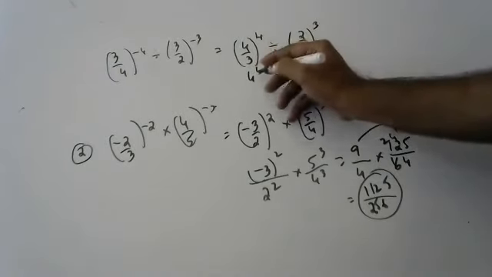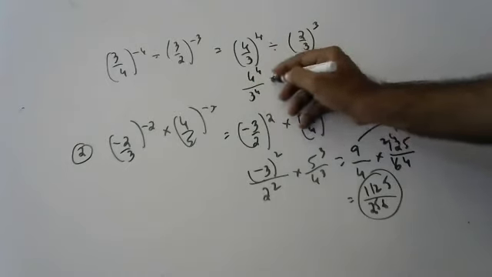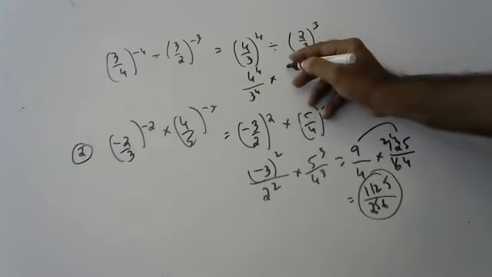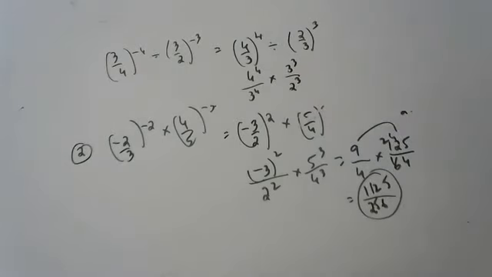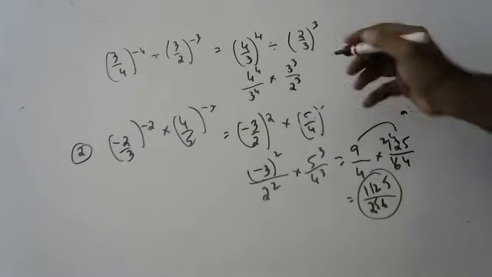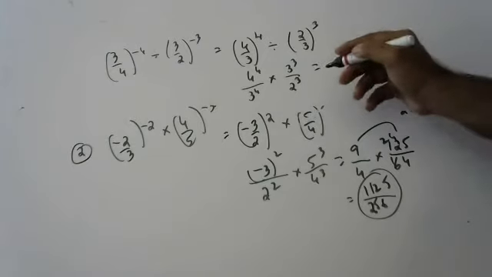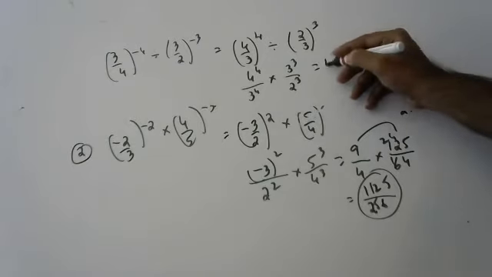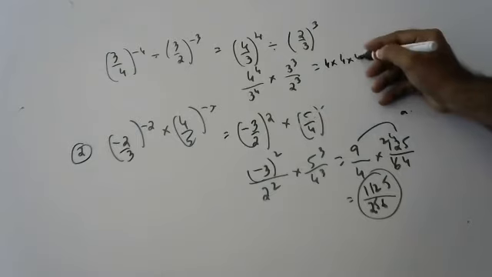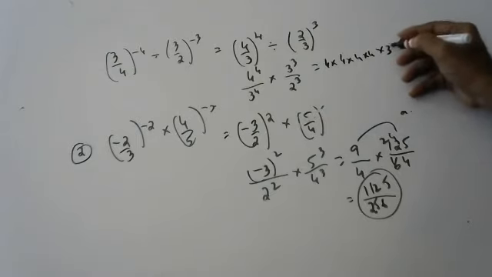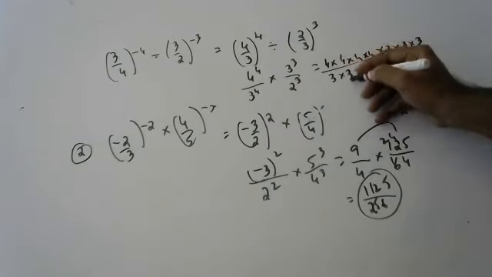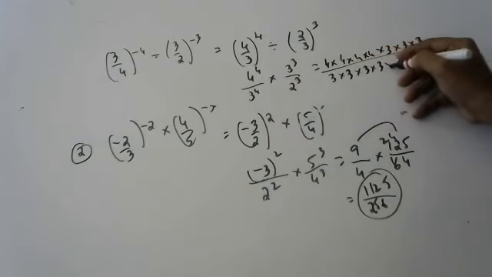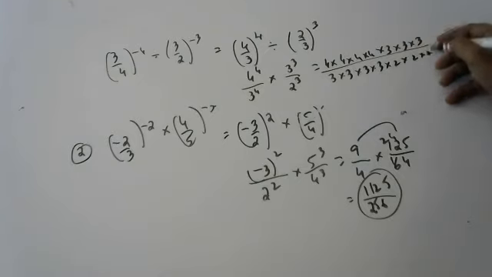Okay. Now we need to do reciprocal. Here if I do reciprocal, this will become reversal, 3 by 2. Okay. Now 4 into 4 into 4 into 4 into 3 into 3 into 3. When small numbers are there, you can write. If not, children, directly you should do. 2 into 2 into 2.